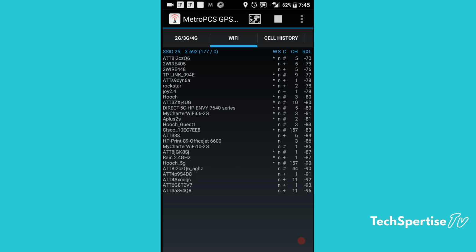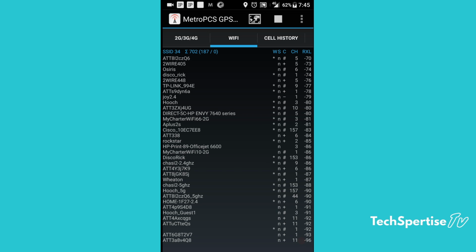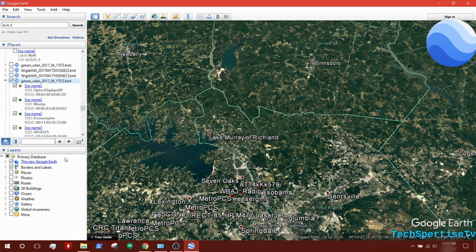And a third reason is if one app misses one Wi-Fi network at one position, the other one more than likely would get that. So stay tuned for the next part, when I'm going to show you guys how to put it inside of Google Earth. Okay, so all I did was I plugged up my phone and I clicked on the file of the wardrive file,